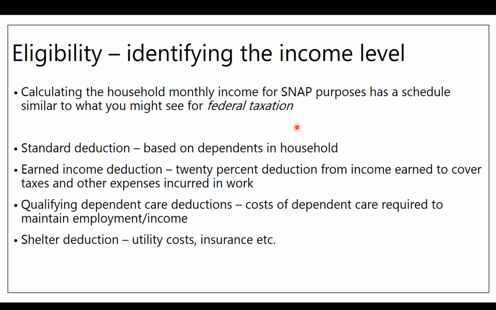Now I just want to finish up talking through the nuts and bolts of eligibility, because you're going to be reading about it, and I want to be sure that we have some baseline understanding. Eligibility, the first thing is the income level you have to identify. So calculating the monthly household income has its own schedule, just like you might see in federal taxes. So there's a standard deduction based on how many dependents are in the household. Earned income deduction, so